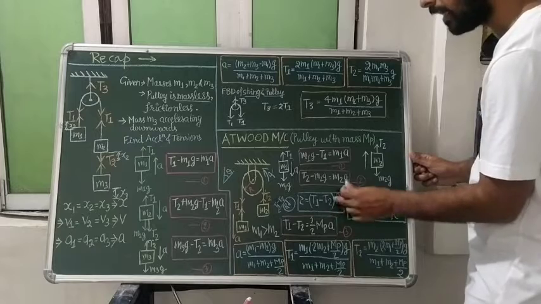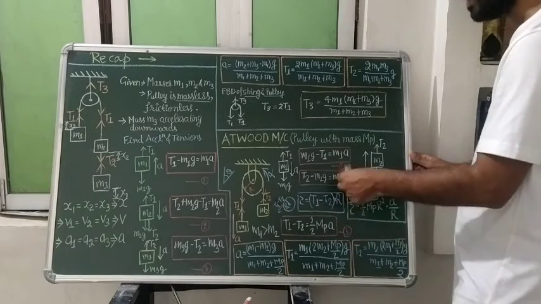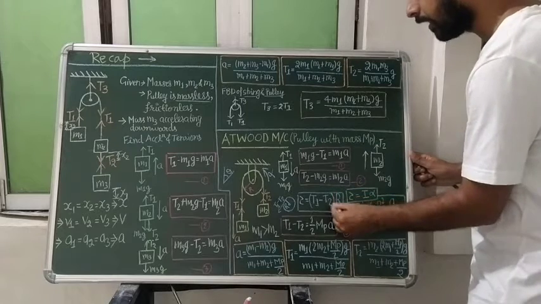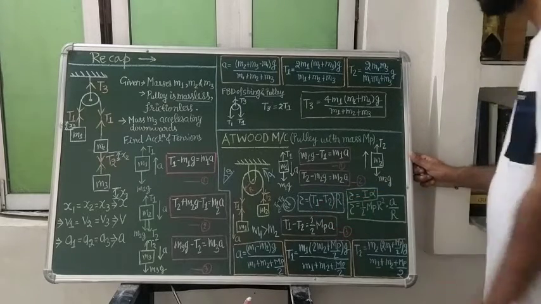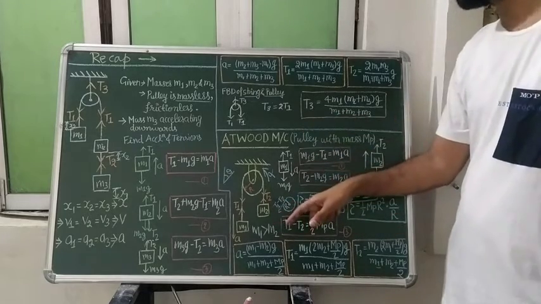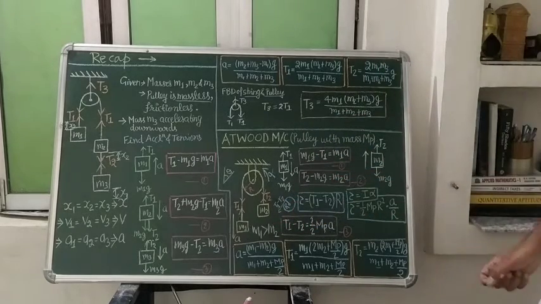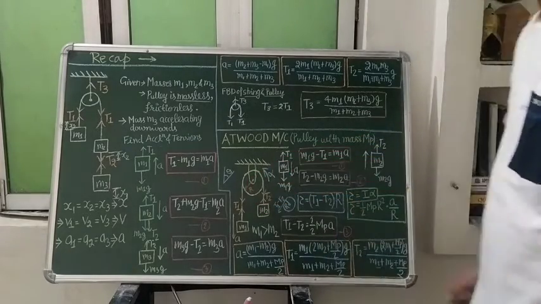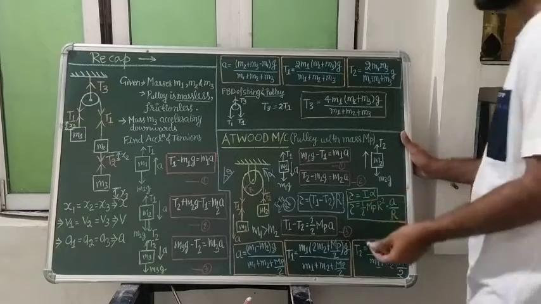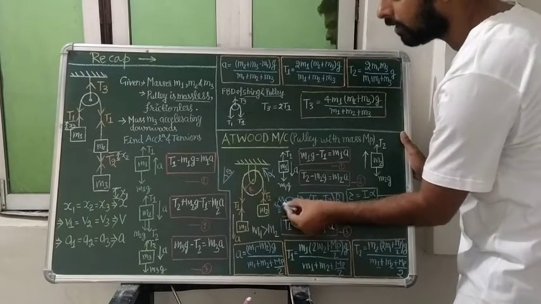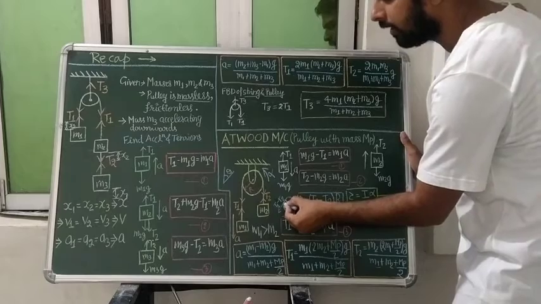But since we had assumed that sin 90 was 0, we had said that it will be (T1 minus T2) times R. It will be the cross product of the forces acting on that body, multiplied by what? Displacement, or distance you can say. So if at any time T1 and T2 are acting in this direction and R is in this direction, a 90 degree angle will act.